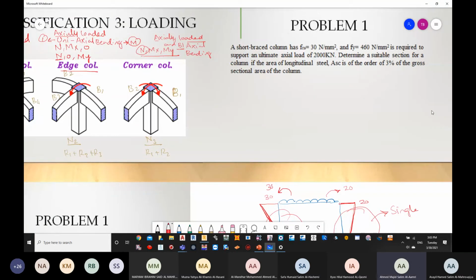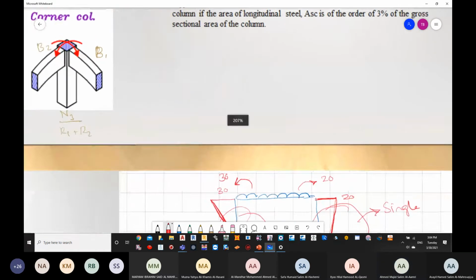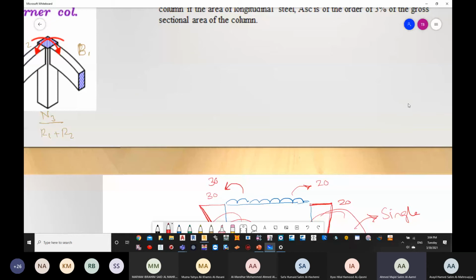Now, the first problem that we are going to solve today is going to be related to one of the three types. So we said either we're going to have N value only, or we have N and one side moment, either MX or MY, or we have N plus MX plus MY. Okay. Now, if we go and read our question,